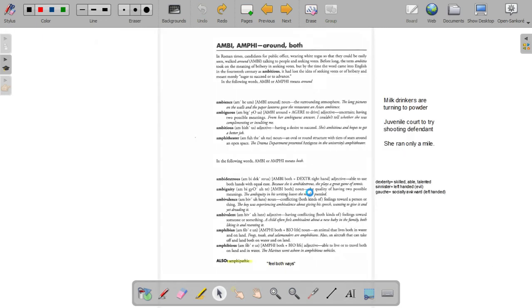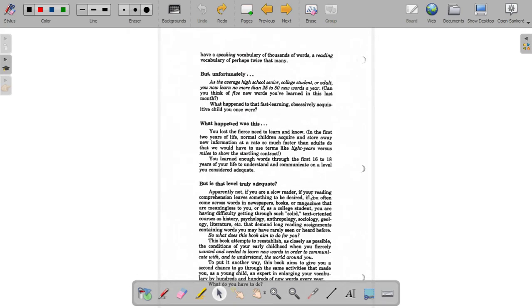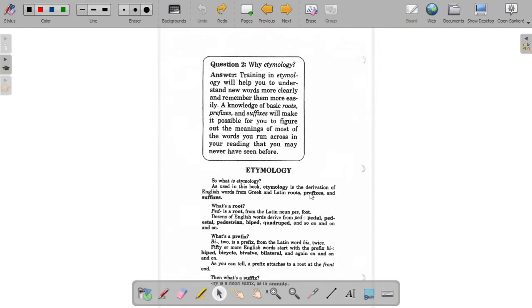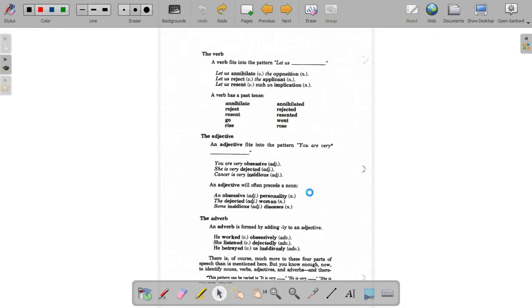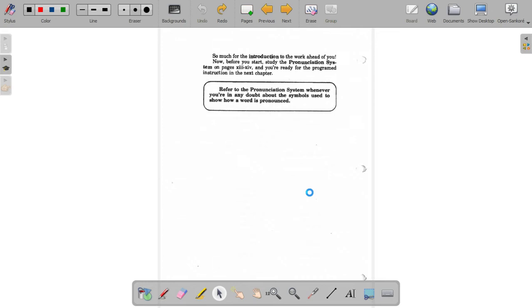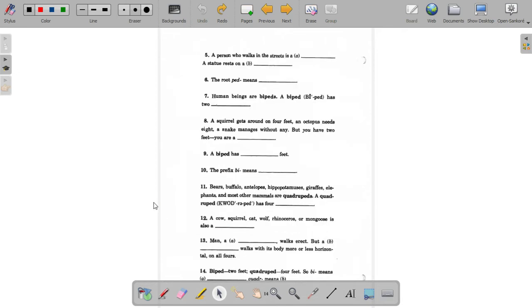Okay, moving on. So let's go on to what I had you do for homework, and except, didn't quite get there, but that's okay. So do you remember what the root ped or pedos means? Foot. Foot. No. That's what the prefix by means. Oh. So ped means foot. So we had the words like pedal, pedestrian, pedestal, those types of words. Then we had biped. Now biped, that's where you got the two from, because bi means two, of course.